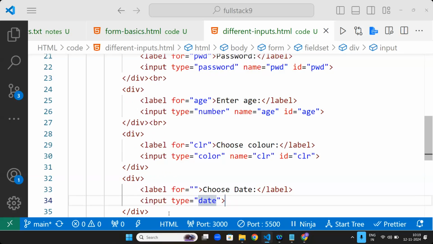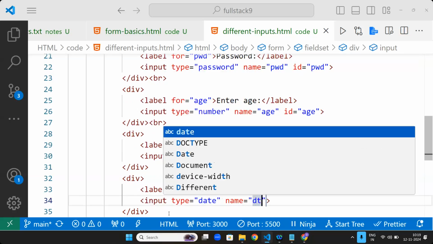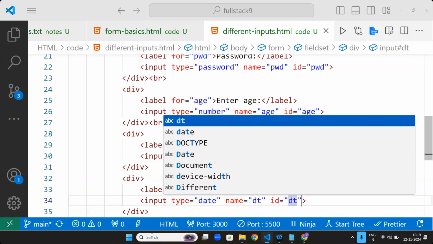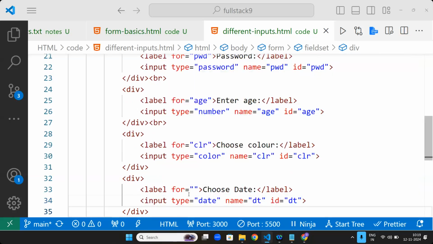Type equals to date. Then name dt, id dt, for dt.